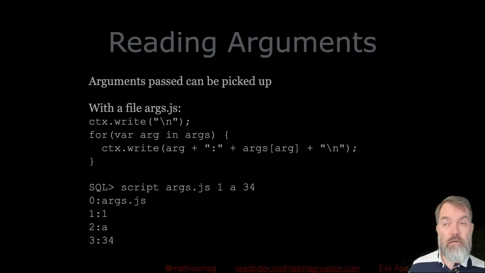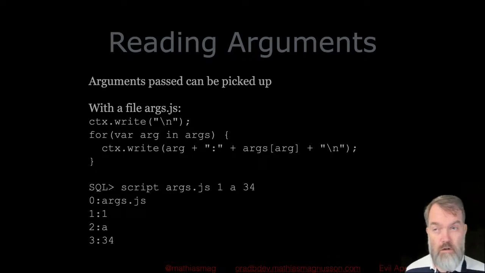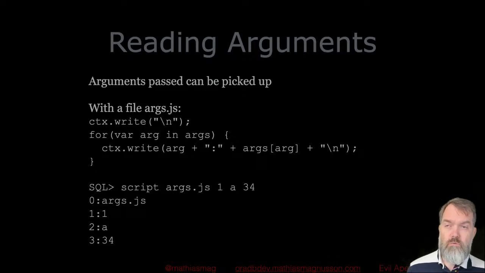It works pretty much like DBMS output. Not exactly, and we'll get into some of that, but it writes it and you see it when the execution stops, pretty much like DBMS output, where it is shown to you when your execution is stopped. Here you can flush it. There's a command. I think it's context flush or out flush, I think. So that's one feature that can be nice for that, I guess.